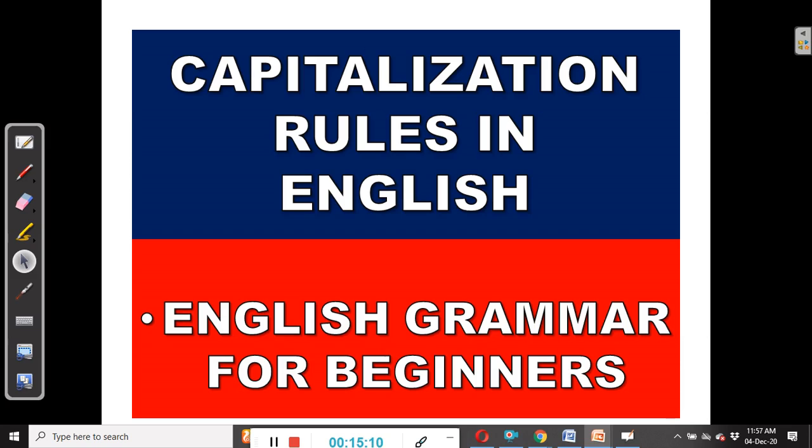In subsequent lectures, we shall be looking at punctuation marks, and we shall be looking at other rules that govern orthography or the art of writing. And the aim of all these lectures is to ensure that you become a better writer, whether you are writing a letter, an article, a story, a speech, of course, whatever is worth doing well. And language is governed by rules. And when you learn the rules, you always use the language correctly.